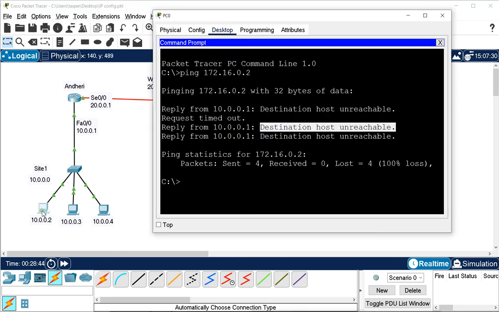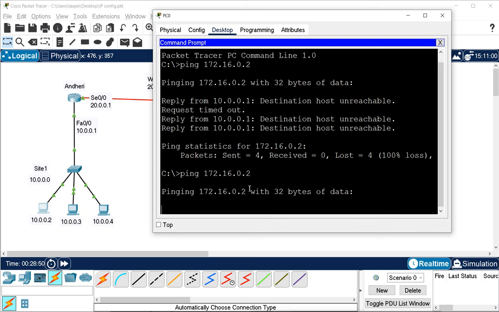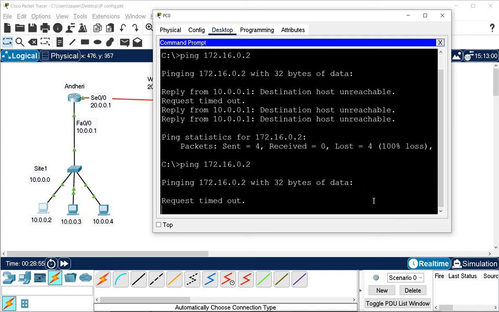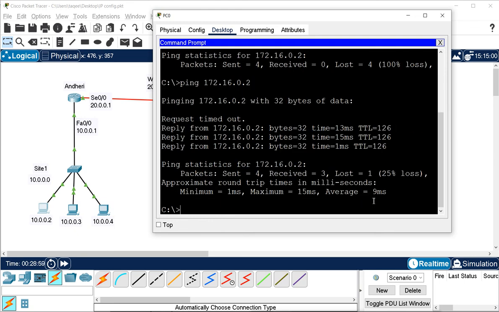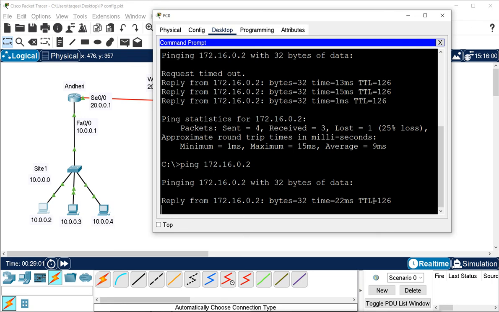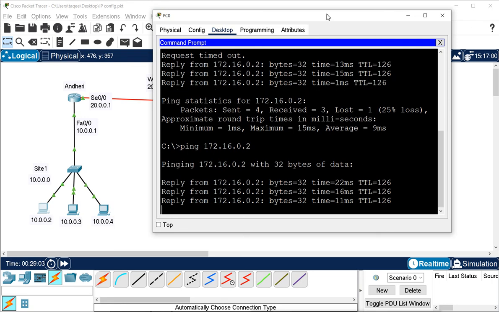Now when I try to ping that destination machine, it will get the reply now. We will not get the destination host unreachable error, we get the reply. And then we can get the reply from this network also.